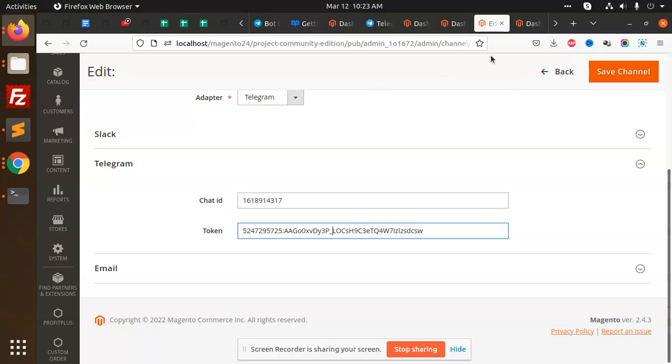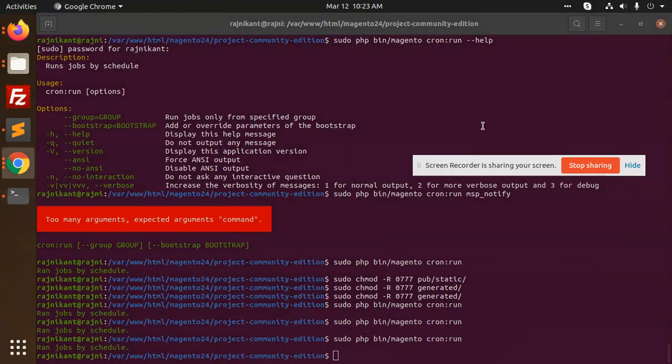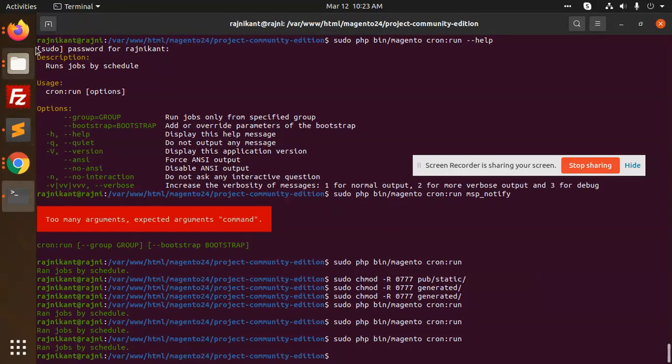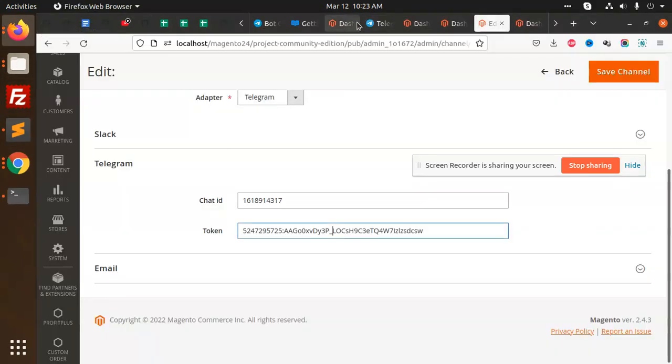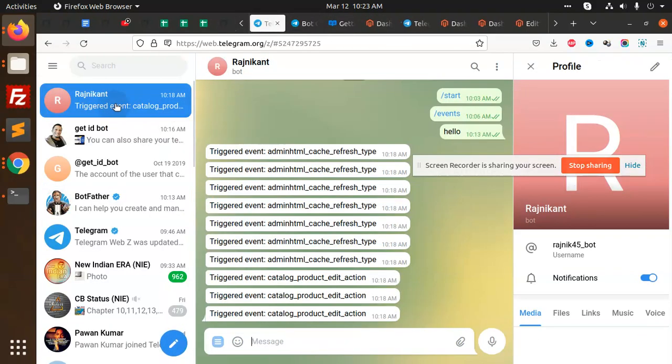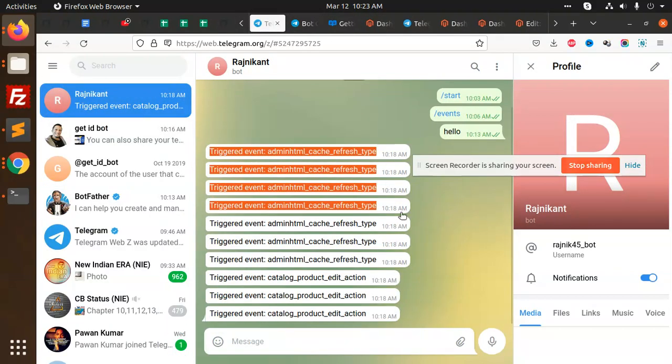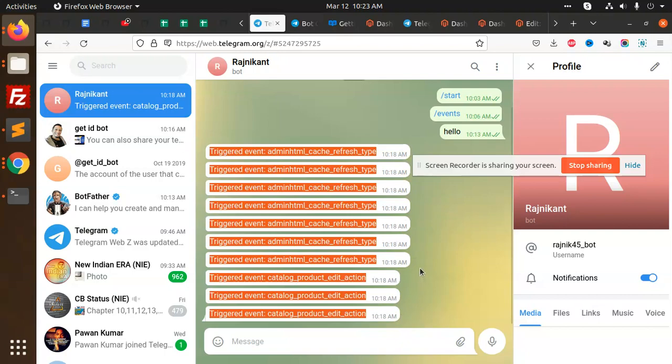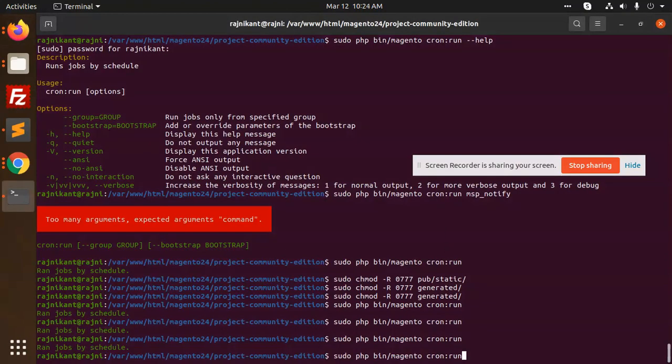Whatever event I am checking, I just need to run the cron job over here. Currently if I go to my Telegram, this is my Telegram, and these kinds of events hit it at 10:18. If I run the cron job again,